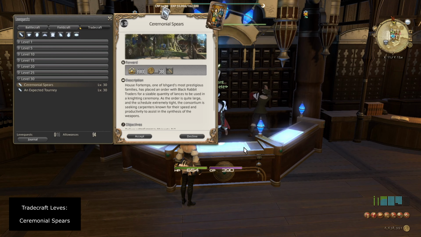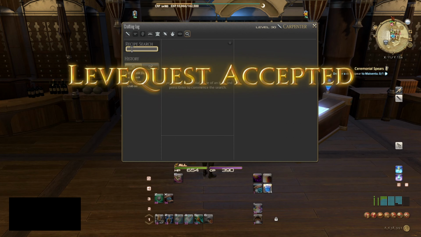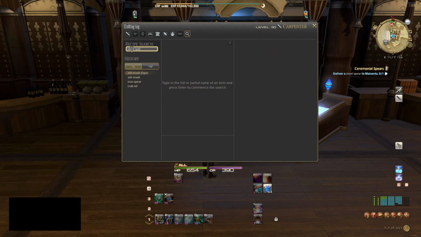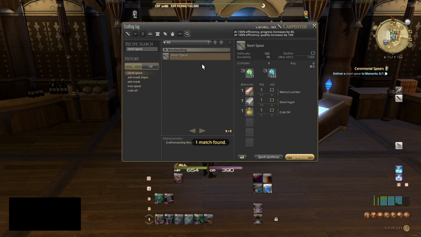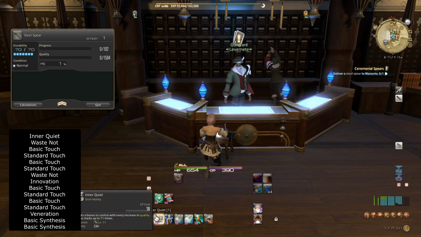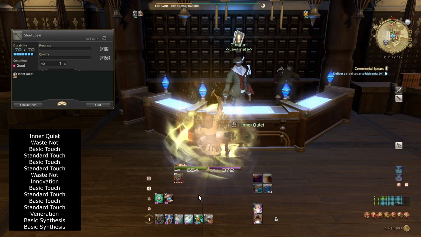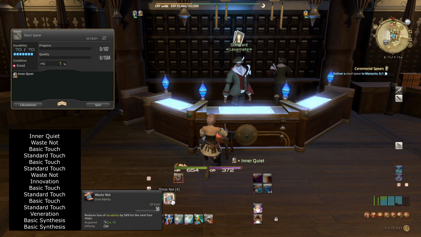So now we're going to speak to Gontran the Levmet, and we're going to grab the level 30 lev quest known as Ceremonial Spears, and this is going to have us crafting 3 high quality steel spears per lev quest. And of course, if you need to, go ahead and use high quality materials to give you a boost in your quality bar. So now we're going to start off with inner quiet, then we're going to use waste not,